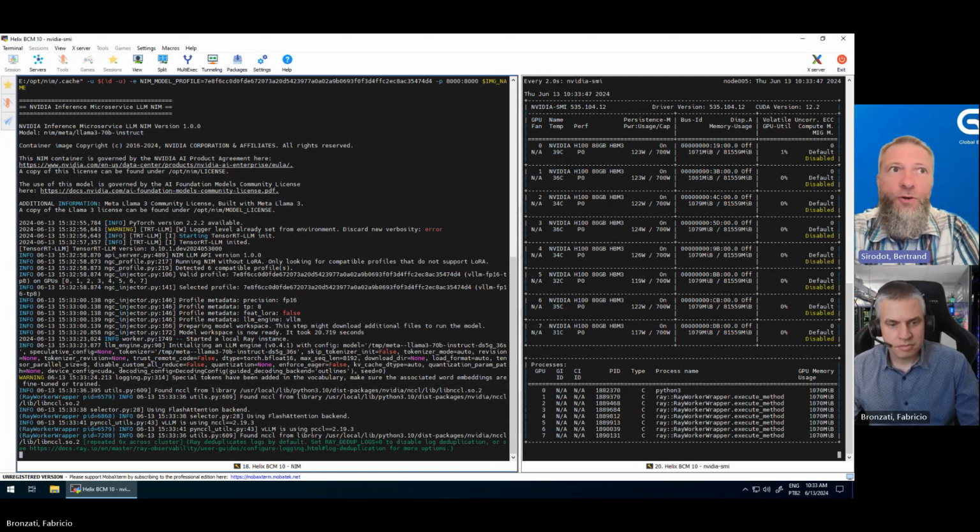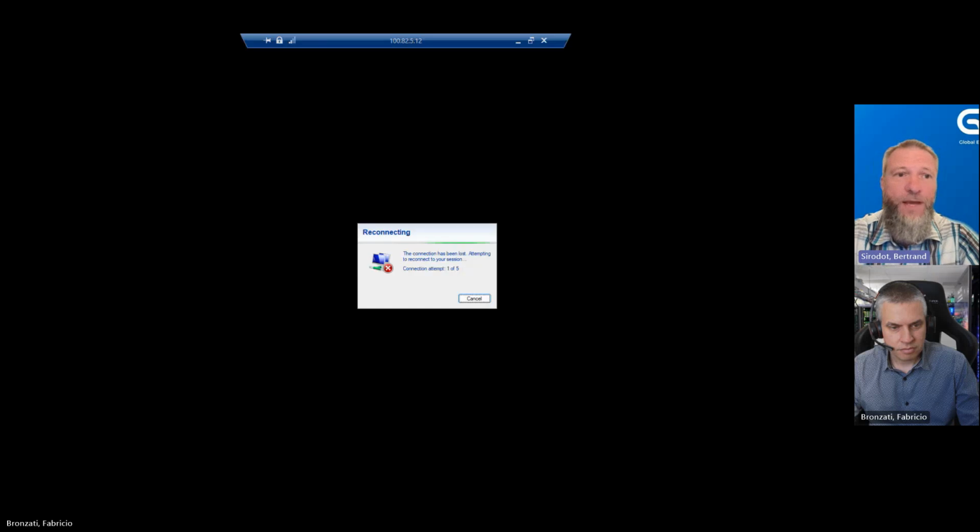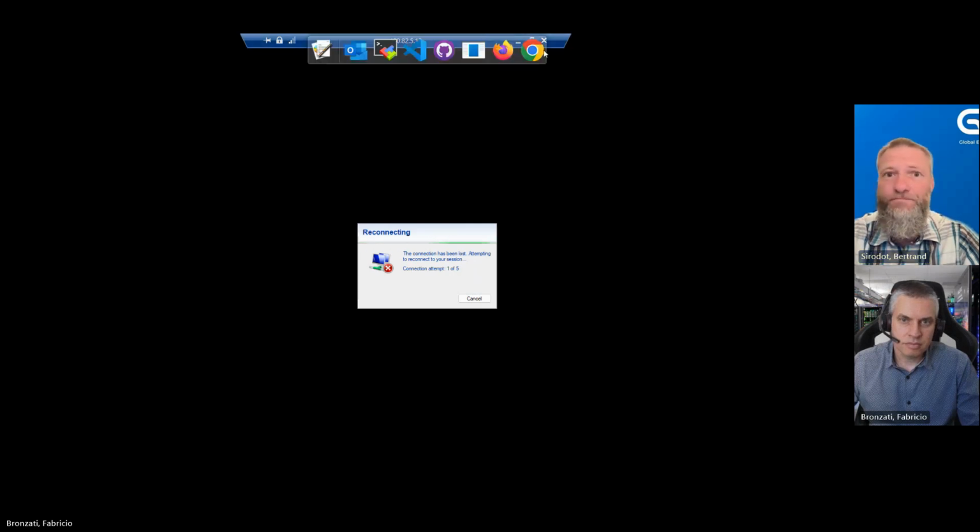Being able to do a quick performance test on the hardware with TensorRT and then with vLLM is super useful for customers because it allows them, based on their use case, to figure out the best framework to use.